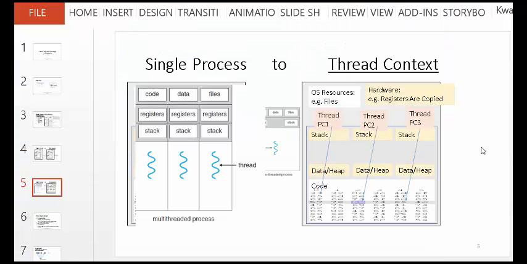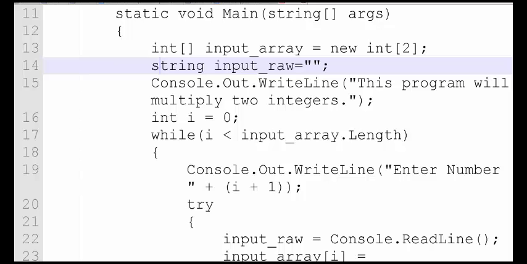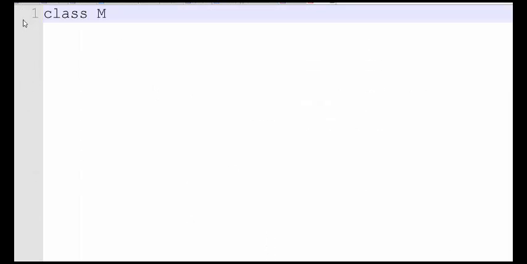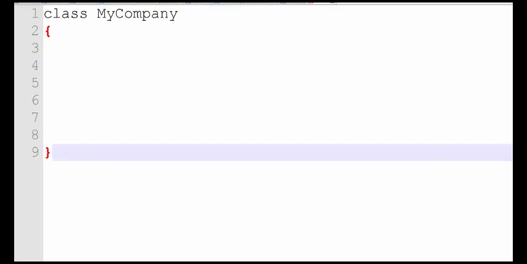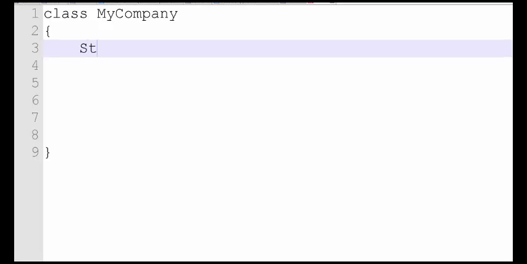But in Java, right, when you create maybe a class. Let me just make a fake one. So we'll just... Right. And I have maybe...